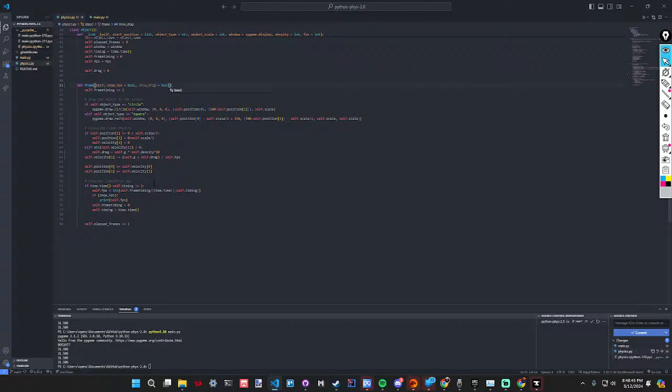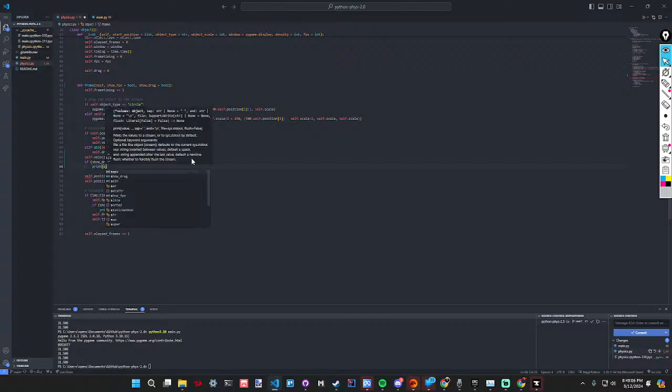Why can't I type right now? So I'll make a boolean right there, and I'll just do if not self.show_drag then print self.drag.